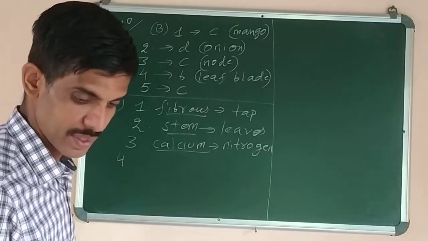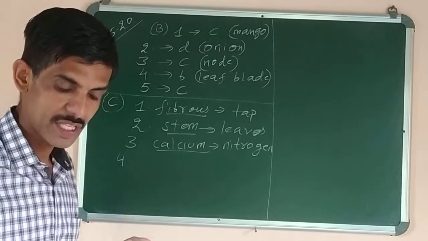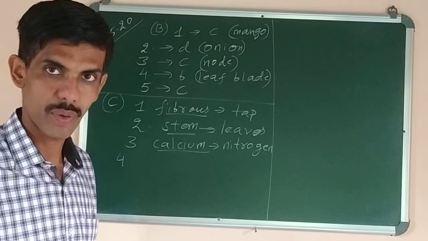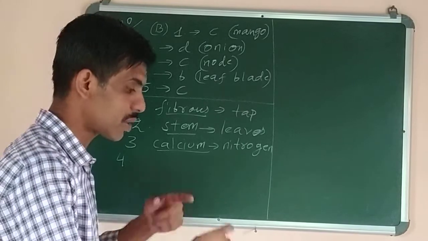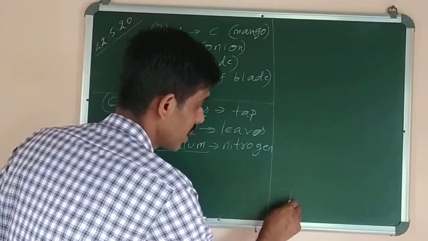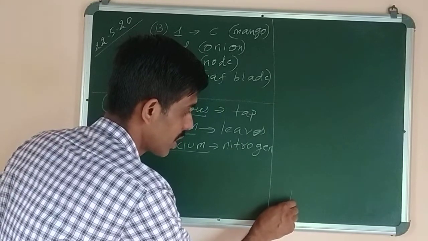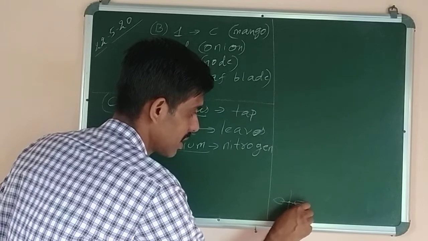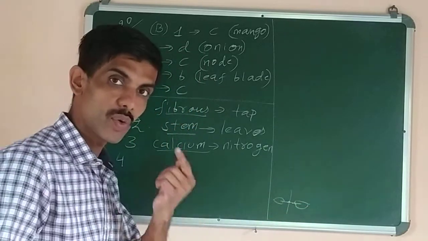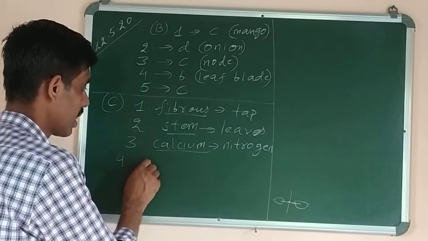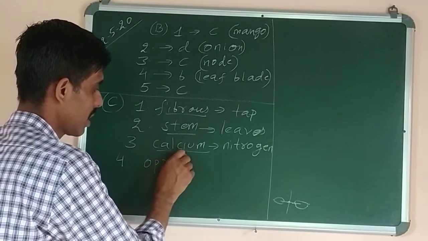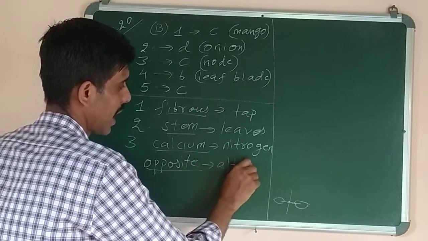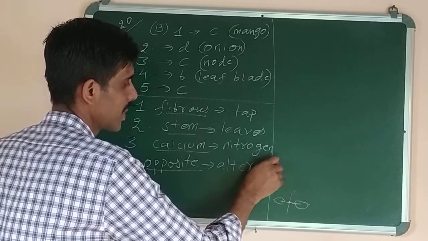Then fourth question is, when a single leaf is present at each node, the arrangement of leaf is called opposite. No, in opposite what happens? There are 2 leaves at each node. Like this one branch. This is one node. Here one leaf is there. On the opposite side, one more leaf is there. This is called opposite. If only one leaf is there, that is called alternate. So we have to change this word. Opposite is underlined. We have to write there alternate. At each node, only one leaf is present.